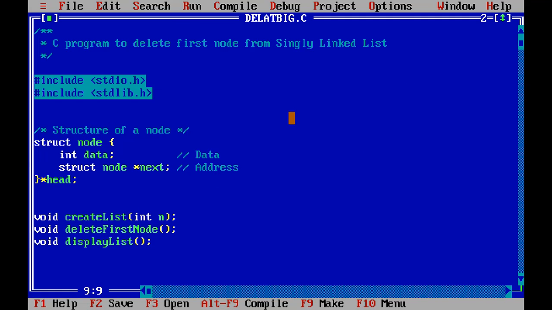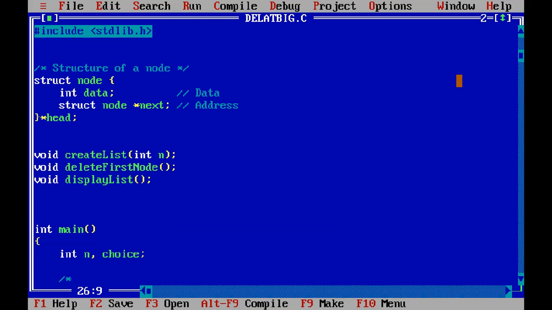So first we have to create a structure of node having int data and struct node *next. This is the pointer to store the address. And the program has three functions: create list with int n, then delete first node, and display list.